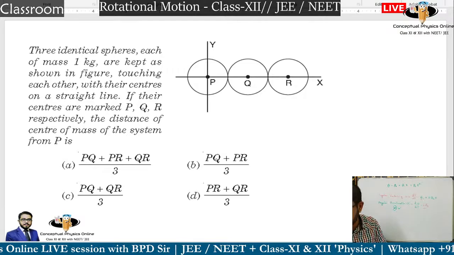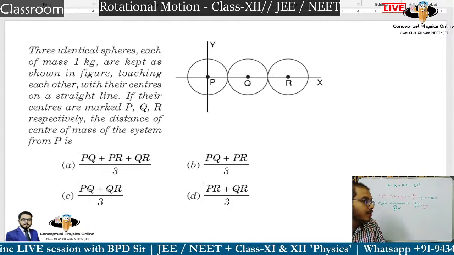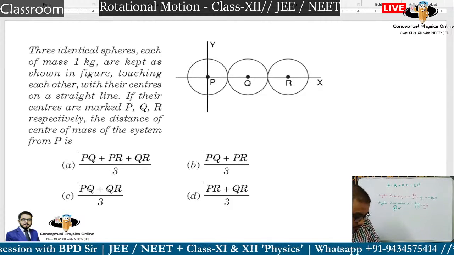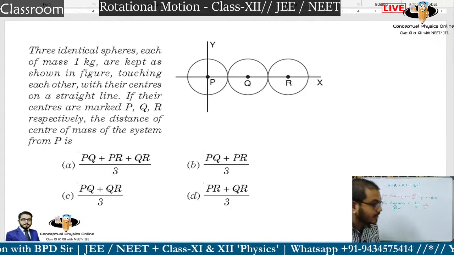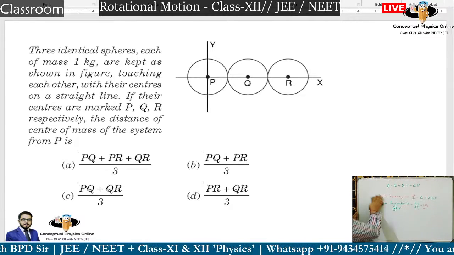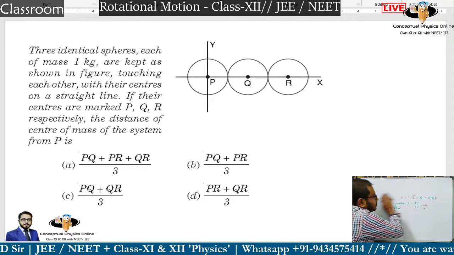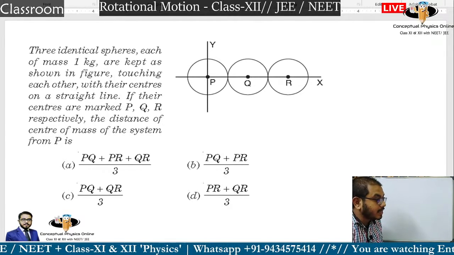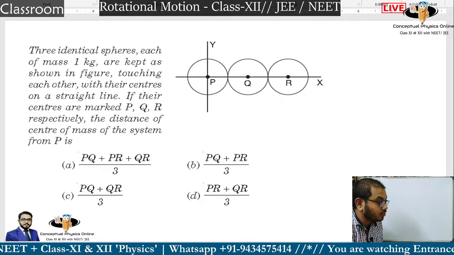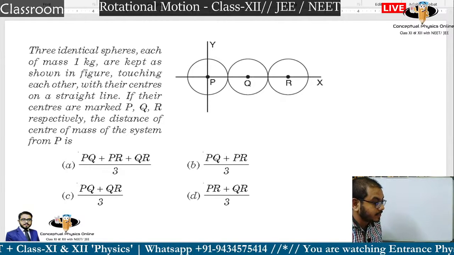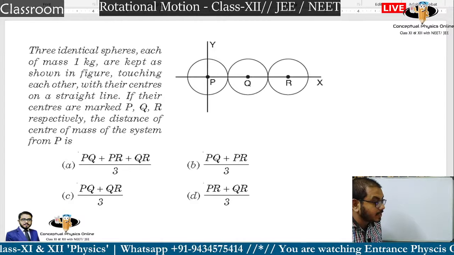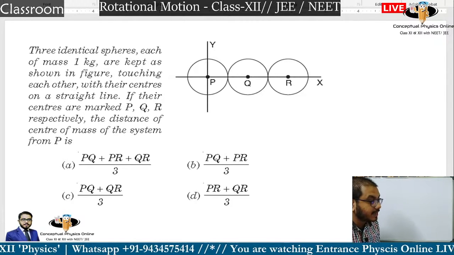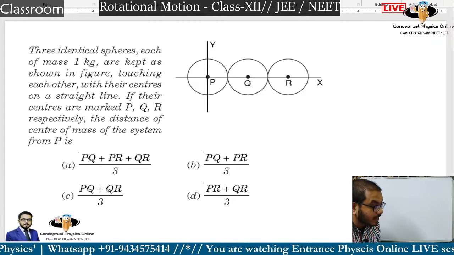Let's move on to this question. The question is asking regarding three identical spheres which are aligned, each of mass 1 kg, and they are touching each other as shown in the figure, right? If their centers on the straight line are marked as P, Q and R respectively,